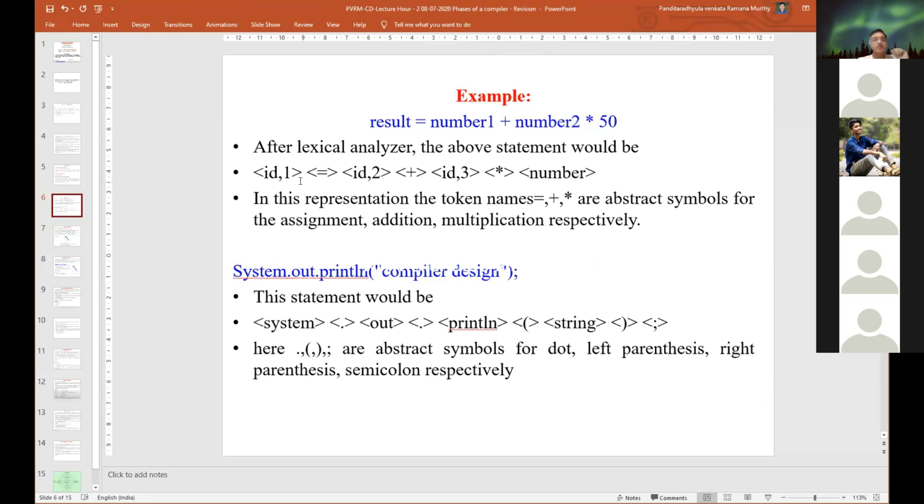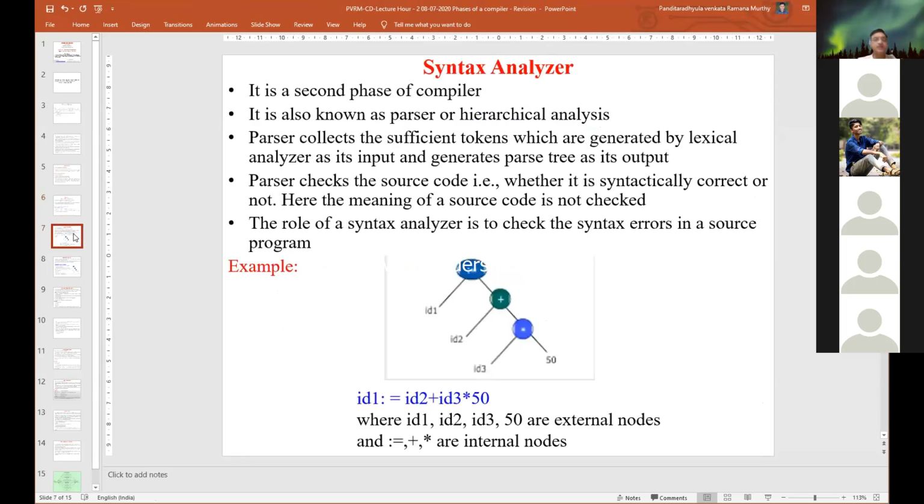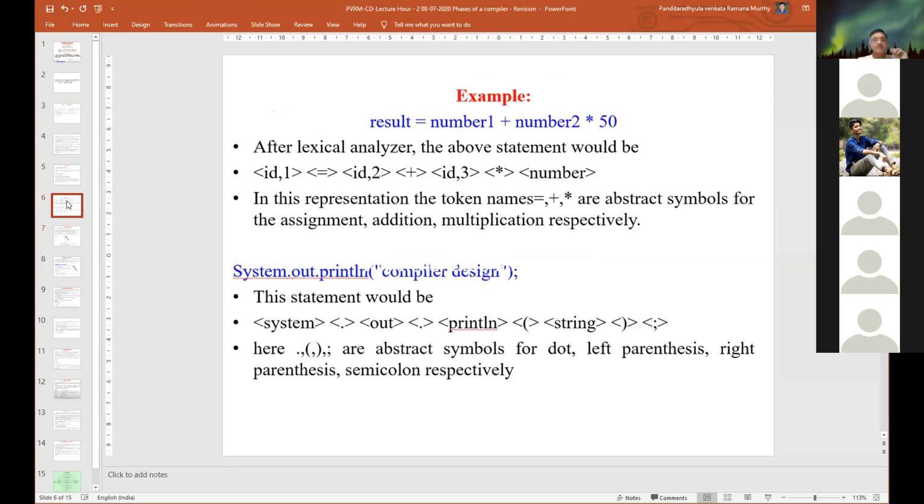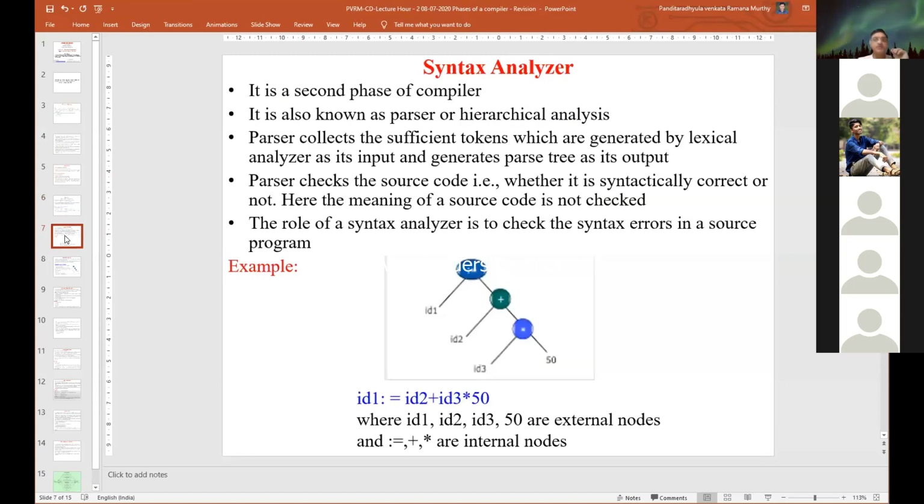Be careful, basically they are IDs. When we come to the syntax analyzer, for each and every ID we need to show it in the syntax tree, and the numbers we can show directly. From the previous lexical analyzer, what we received was ID1, ID2, ID3 and a number.